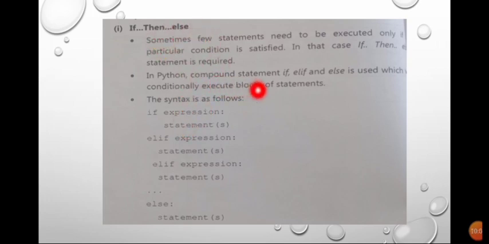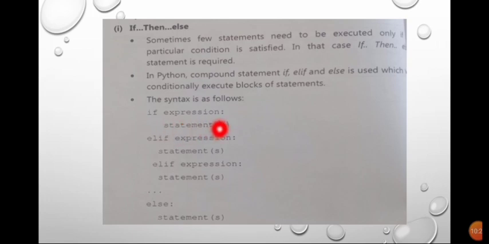In Python, the compound statement if, elif and else is used, which conditionally executes a block of statements. The syntax is as follows. Now let us understand the condition. If expression, statement; suppose if is given, this is the condition denoted by this expression.